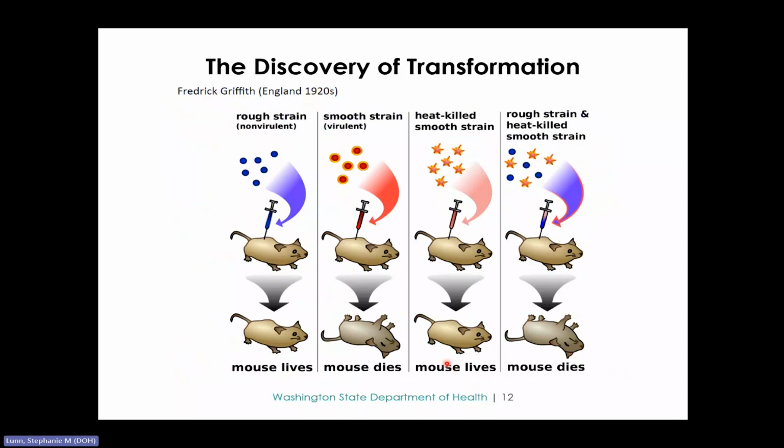But first, I want to talk about the discovery of transformation. And I won't spend too much time talking about experiments, but I do want to mention this one here, because this seems to be where our knowledge of horizontal gene transfer begins. Transformation was the first mechanism of bacterial gene exchange to be discovered. So as the story goes, in 1928, Frederick Griffith found that one form of the pathogenic Streptococcus pneumoniae, formerly pneumococci, could be mysteriously transformed into another form.